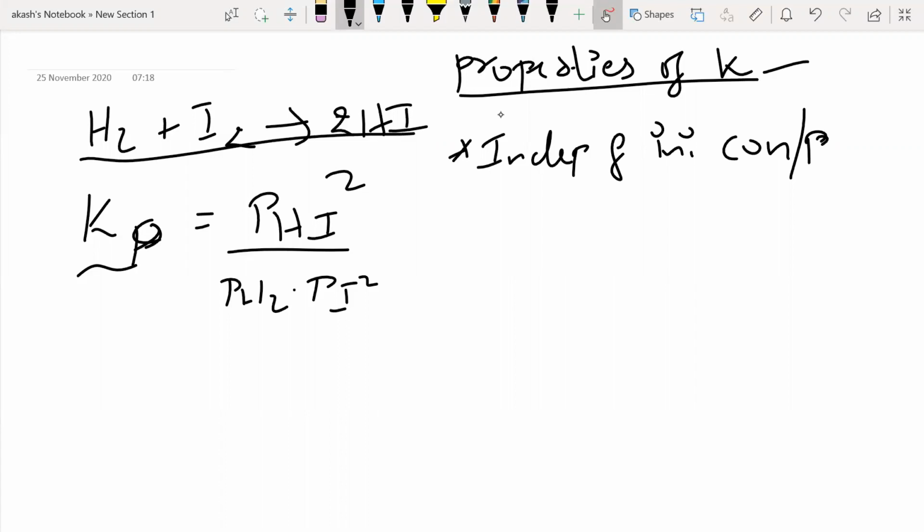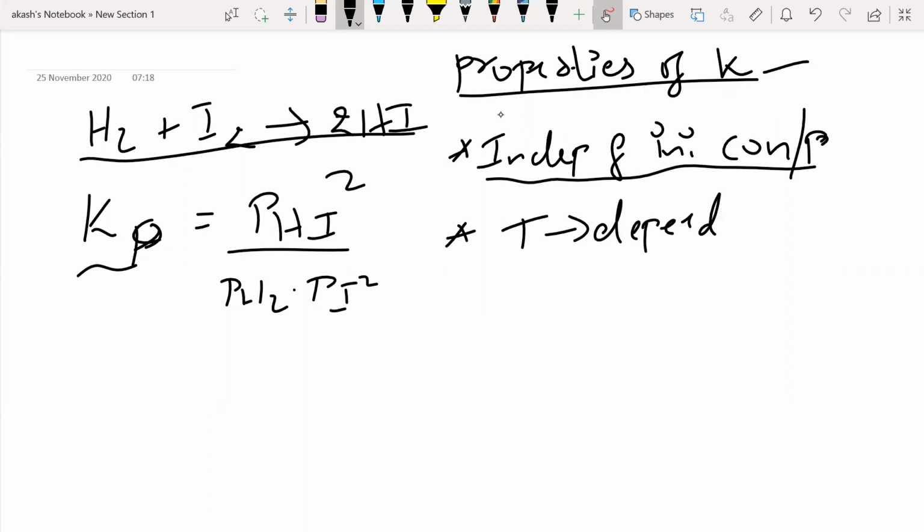So these are constant values. The Kc or Kp for a particular reaction are going to be constant values irrespective of how much ever you start with, right? They are not going to be dependent on the initial concentration or the initial partial pressure of the reactants or products. Okay. Next thing is that these are temperature dependent, right? If temperature changes, this will also change. The Kc or Kp will also change.